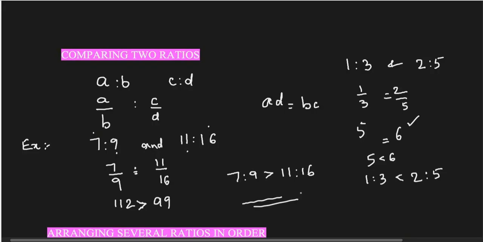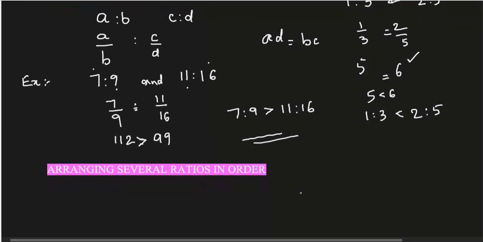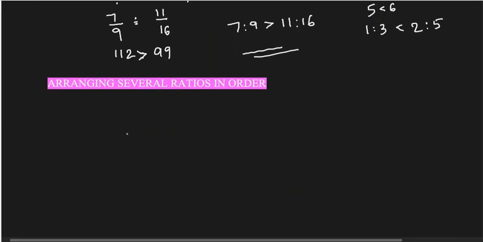Great. Now, whenever you have got a problem where we have to arrange several ratios in order. For example, 4 to 5 ratios are given and it is asked to arrange them in ascending or descending order. So basically you can't just cross multiply each and everything. Here what you need to do, you need to make the ratios into decimals. For example, if we have to arrange 4:9, 6:11, 7:13 and 27:50